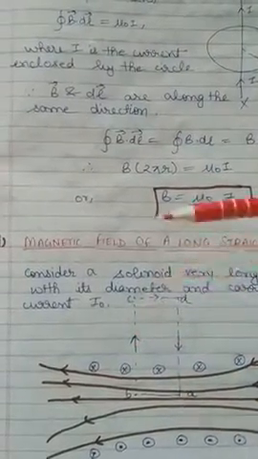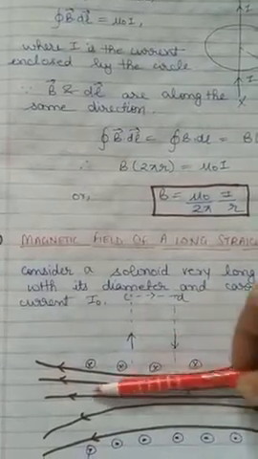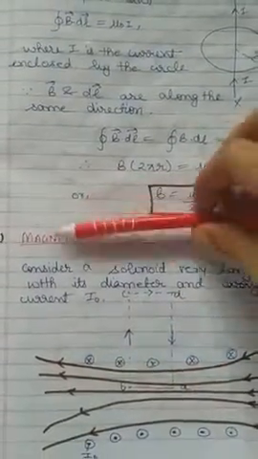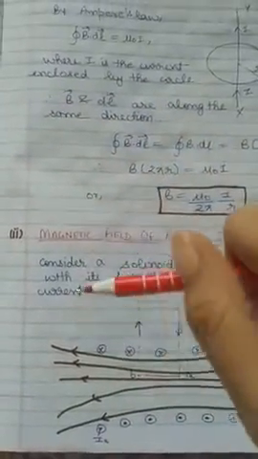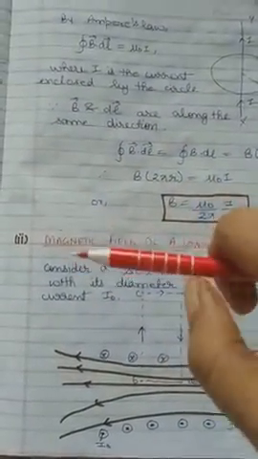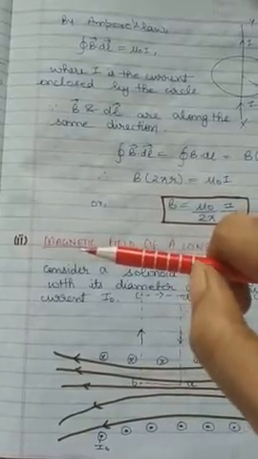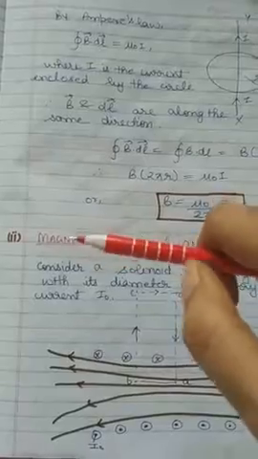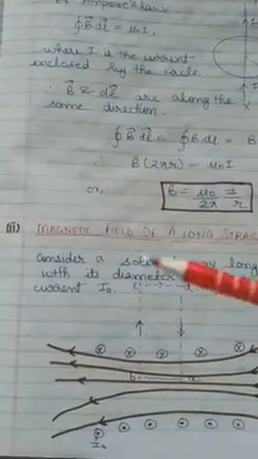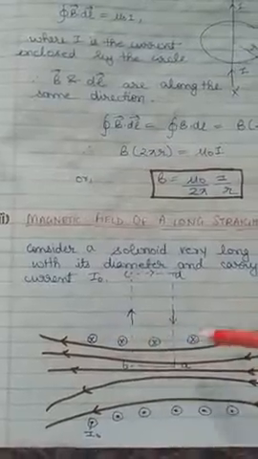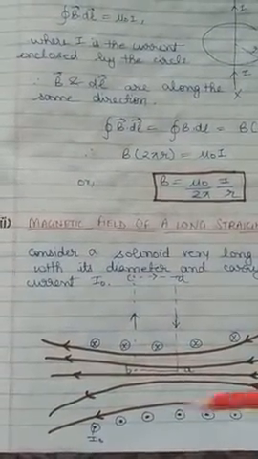Don't get confused. This direction is not representing the magnetic field. It is representing, if this is a solenoid, the back side and front side of it, so coiling will be done around the wire. Choose this circle as the coiling of the wire. So coiling will be done from the front side, the current is flowing, so here it will be inward going, and from the back side it will come outward. Because of that, the current at this point will be in inward direction and the current at this point will be in outward direction.